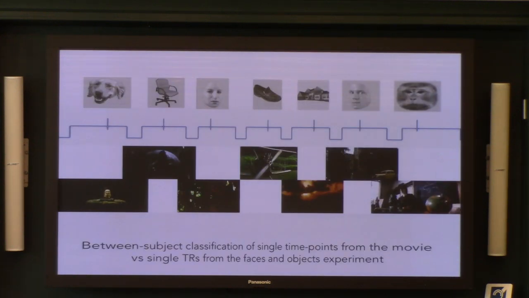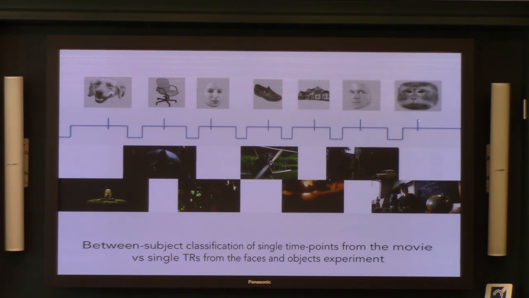Now this is the one that's more interesting, and I hope this might inspire somebody for a hackathon project. So we said, okay, what else is special about the movie? So what we did is we set up a classification where we picked out one time point in each run, a single time point for each of the 7 categories of stimuli in a face and object perception experiment. And then we took that same time point and looked at the response in the movie at that time point in the experiment. So we have 7-way classification from the object category perception experiment, and 7-way classification from the movie data. Okay? So these are perfectly matched